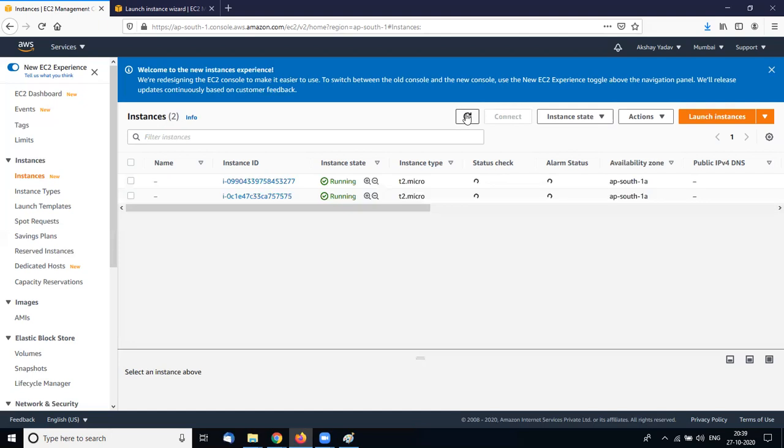So the first practical that every institute does with this is to delete the instance manually, and the auto scaling group creates the instance automatically.